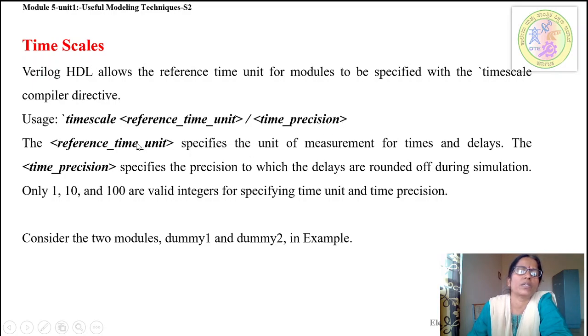Verilog allows the reference time unit for models to be specified with a time scale compiler directive. This is a compiler directive, and the reference time unit specifies the unit of measurement for times and delays.